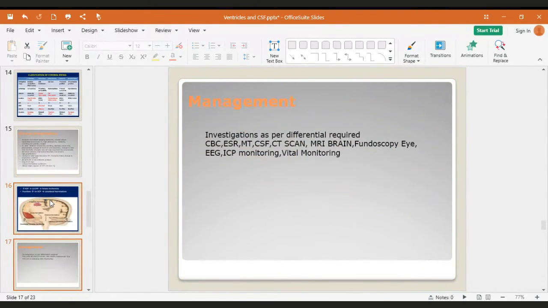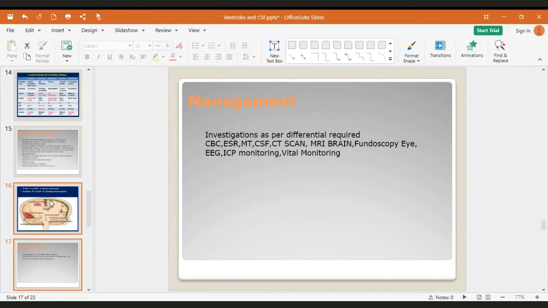Management of increased intracranial pressure. Investigation is required as per history. If there is a history of trauma, then an urgent non-contrast CT scan is needed. If there is a chance of infection, then CBC, ESR, MT, blood culture, CSF culture, urine culture,